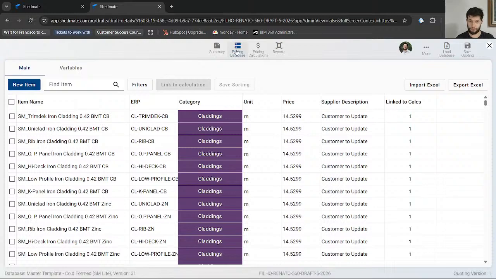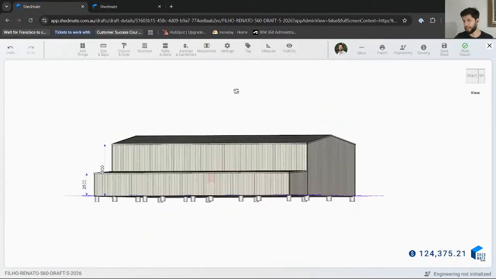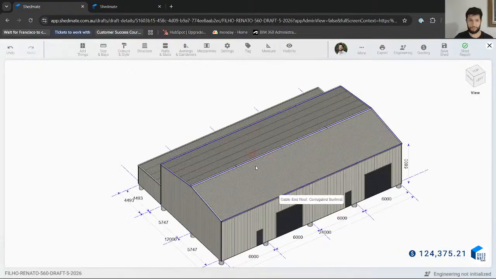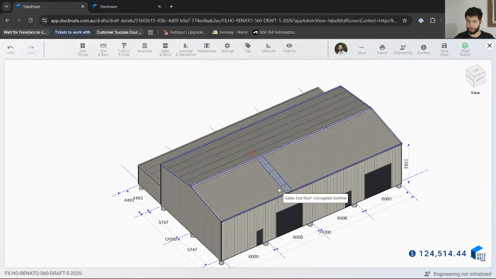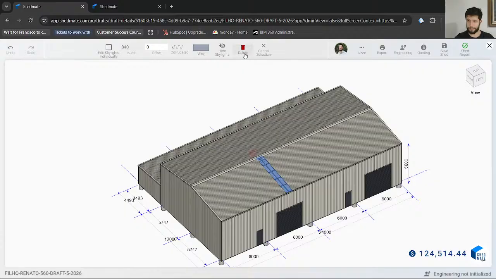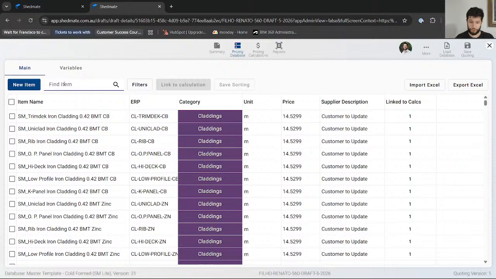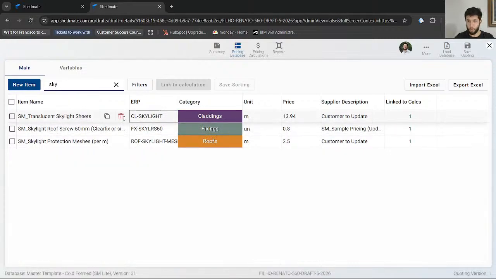So I will just give an example, okay? In this project here, by checking these, we can see that we don't have, as an example, skylights. Yeah, we can add, that's no problem to add here. We can add skylights here. But for this specific project, I will just not use skylights. Okay. But when we open here and if we check for skylights, we will have an item name that seems